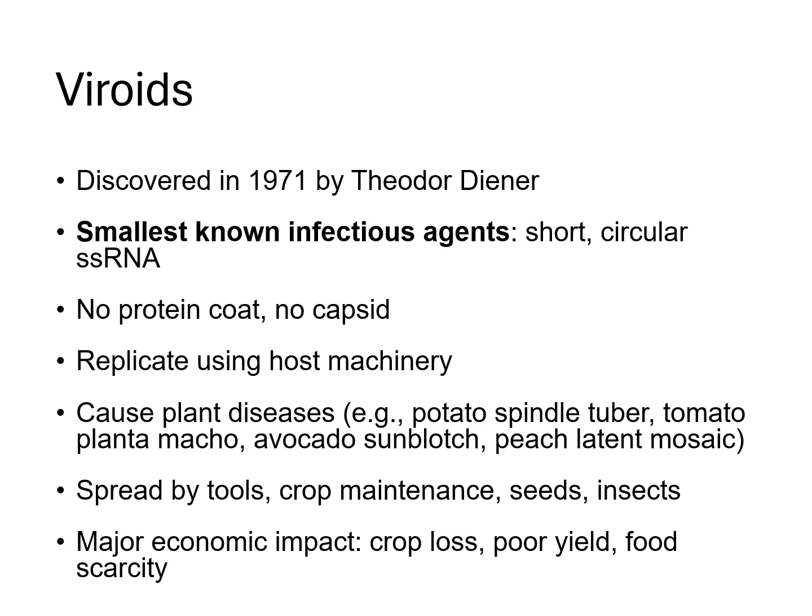Viroids were discovered in 1971 by Theodor or Ted Diener, a plant biologist from Switzerland who passed away recently in 2023 at the age of 102. Viroids are the smallest known infectious agents. Unlike viruses, viroids have short, circular, single-stranded RNA only. There is no protein coat, no capsid, so unlike viruses, viroids do not have a protein coat to protect their genetic information. They replicate using the host cell machinery, and they cause a variety of different plant diseases, such as